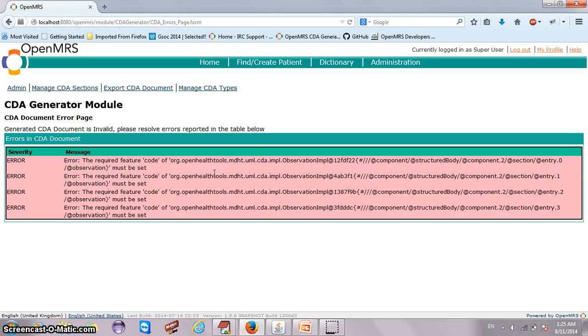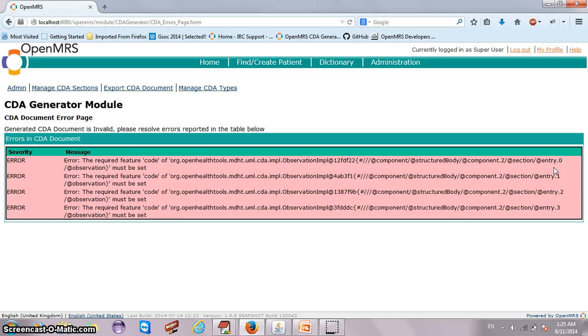The error comes from the third component of the CDA body part. How I can say that is, here we have component, then structured body, which means the error is from the CDA body, and component.2 indicates it's the third component, component.0.1.2, that is the third component, which is the social history section. In that we have 4 entries, and in all 4 entries we don't have an attribute called code, which I have commented out. So this is the error.